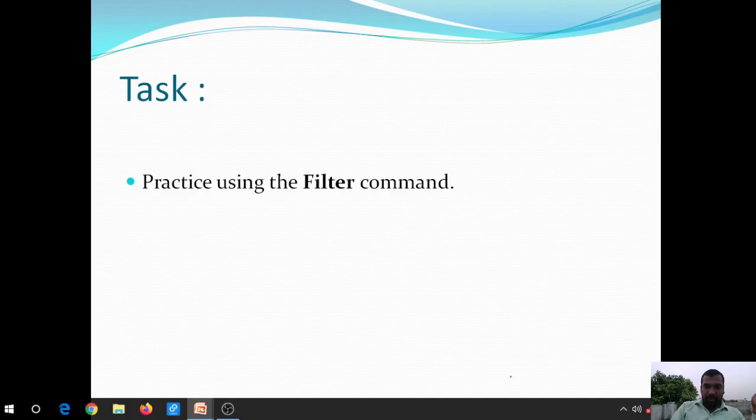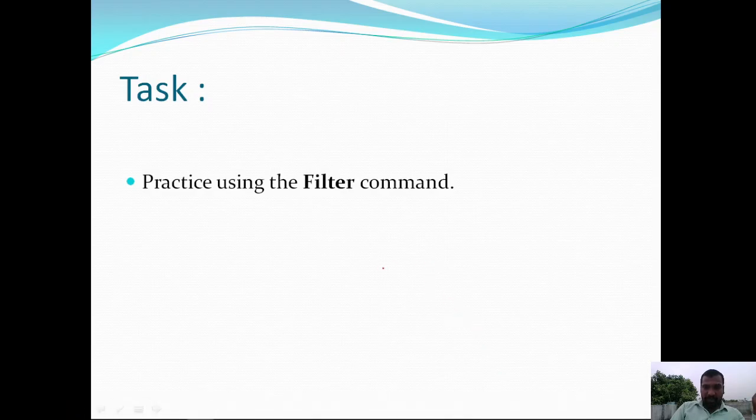After watching the videos related to filters, practice the filter command on various data. Try to observe the things.